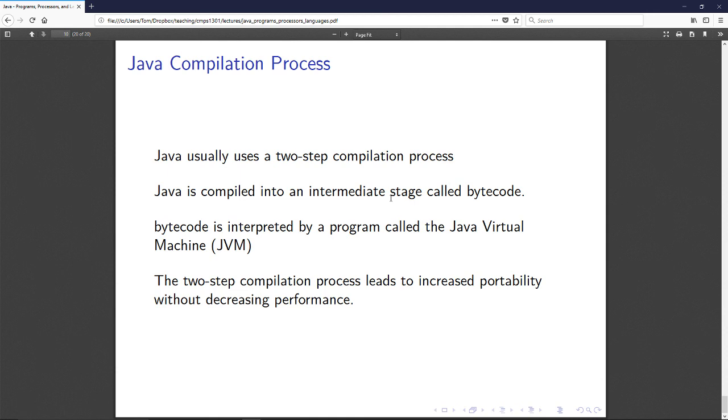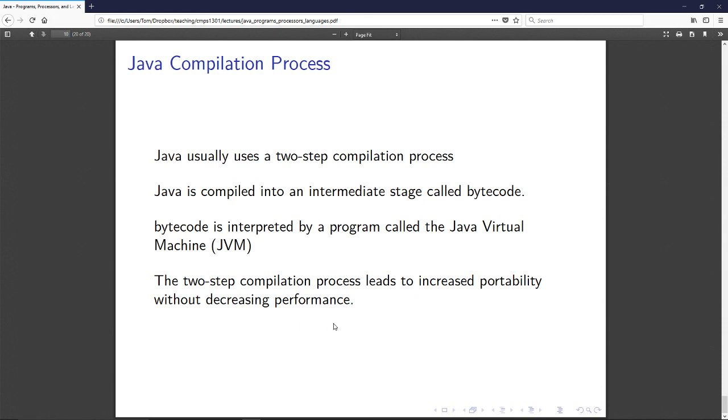So the question then is, why does Java do it that way? Well, they do it that way because the two-step compilation process leads to increased portability. In other words, you can write your program once and then run it anywhere. It allows for programs to be run on more machines without having to change a lot of stuff drastically. So you can run your program on many different types of machines